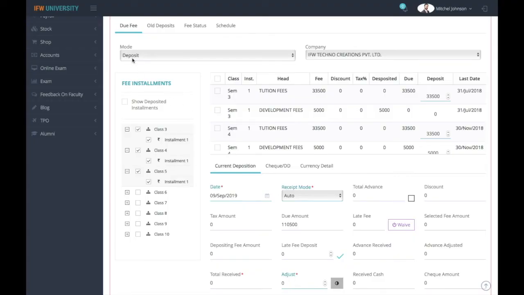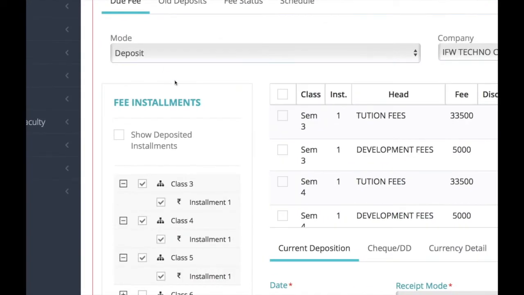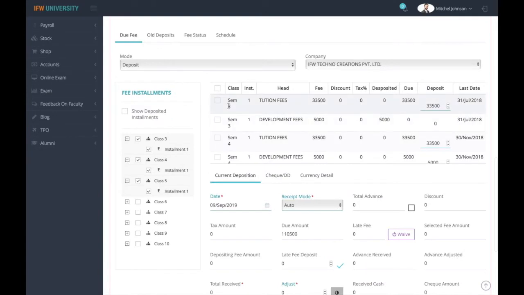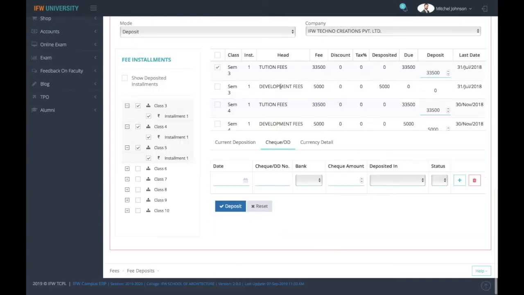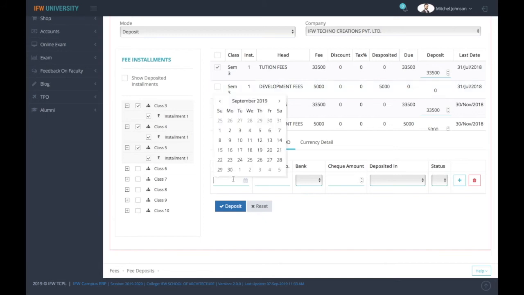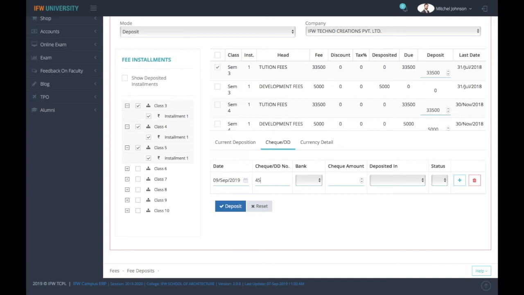Let's have a look at the payment mode deposit when the amount has been deposited in check. You can select the date, enter the check number, select the bank. This is the bank of the check which has been provided to you.